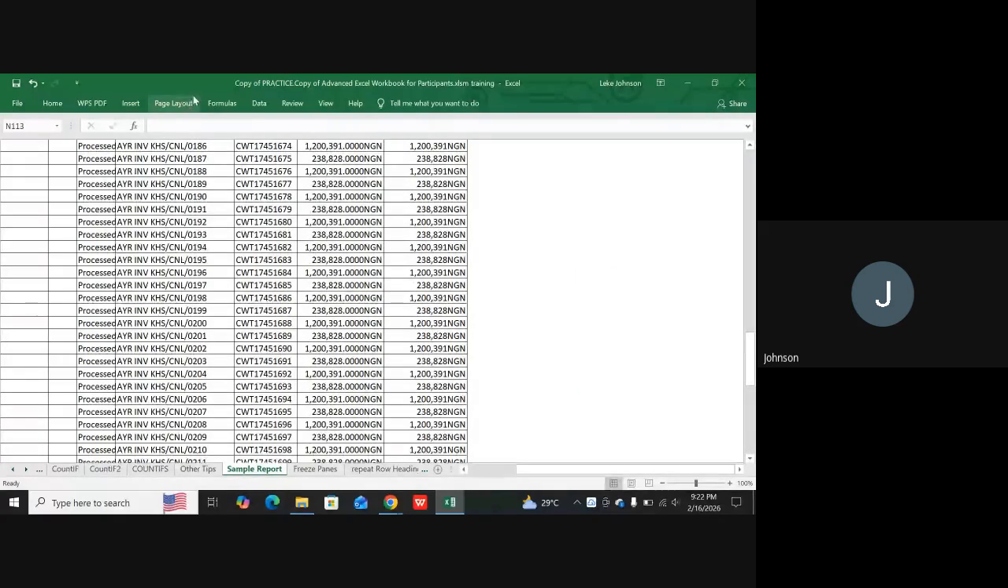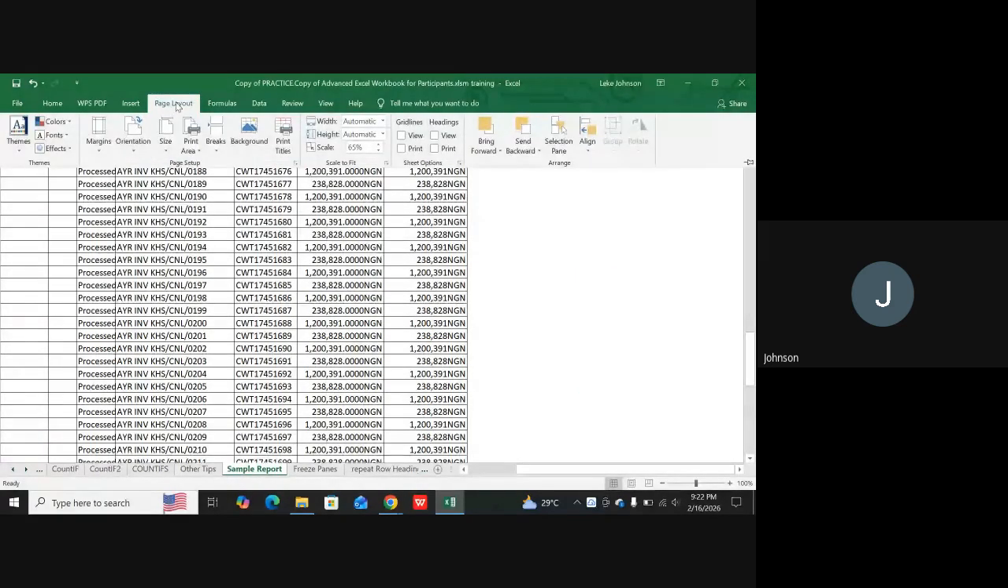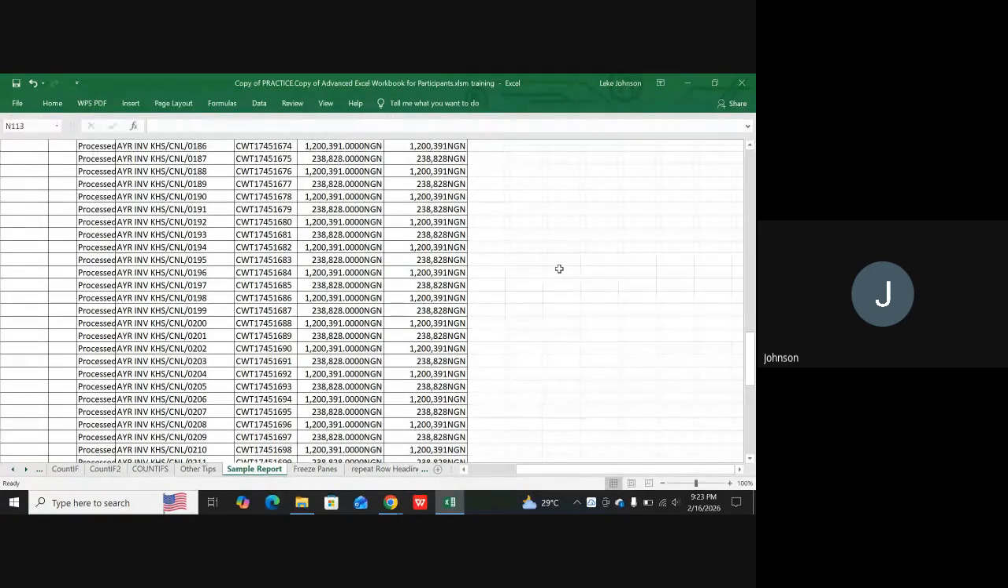But if you want the grid line to show again, come back to your page layout and select the grid lines, and the grid lines are shown again. So this is what I was trying to say the other time. Another thing we also want to look at is, if you want to select the headings or whatever,